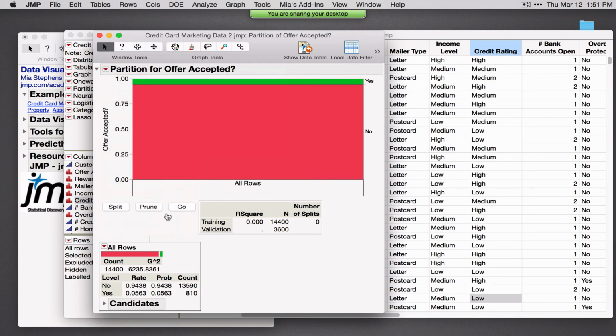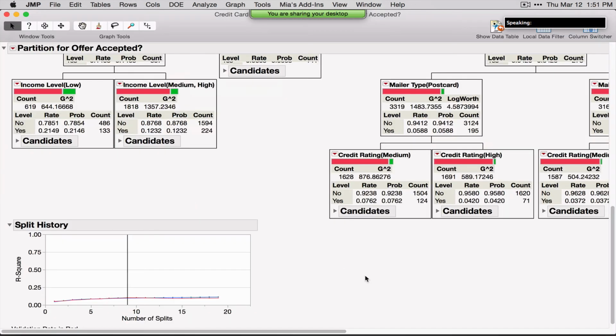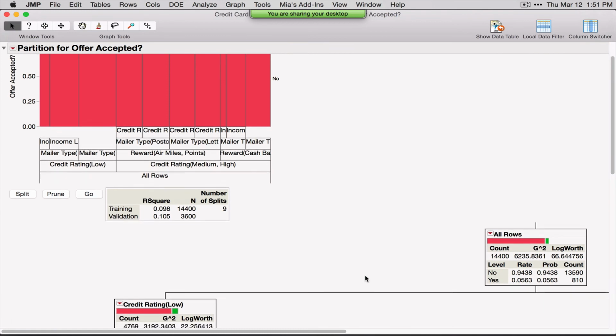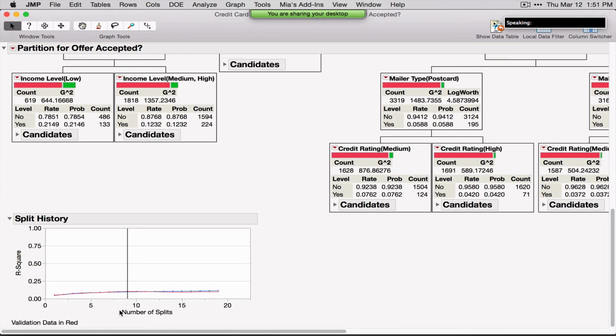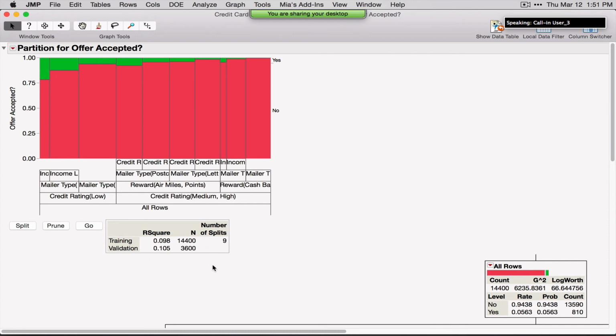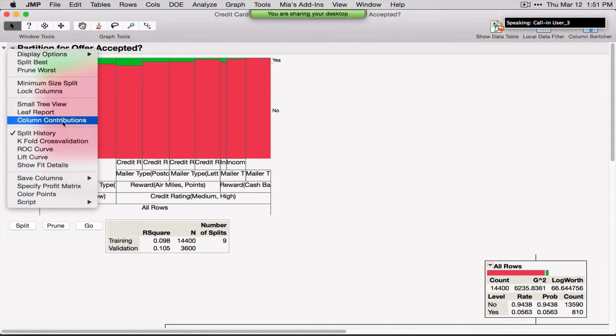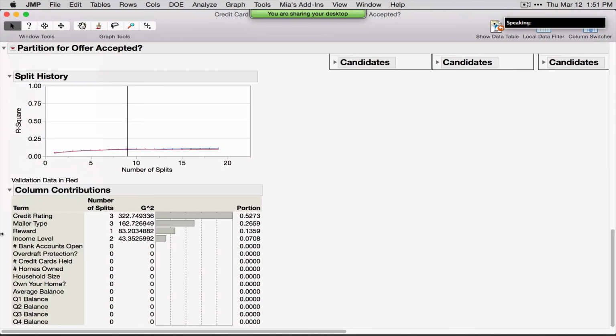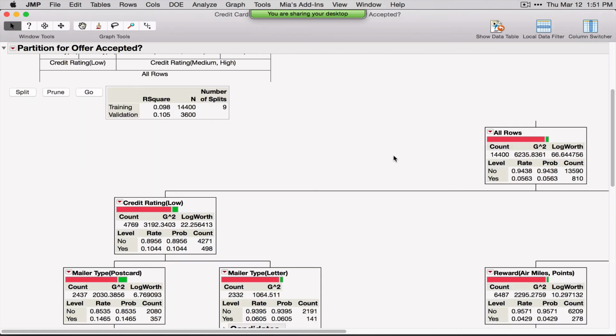Since I've got a validation column here, if I click Go, then JMP automatically does all of the splits for us. And the optimal validation R-square is at 9 splits. And the key variables that show up as being important are the credit rating, the mailer type, the reward, and the income level. In fact, if we prune this guy back,